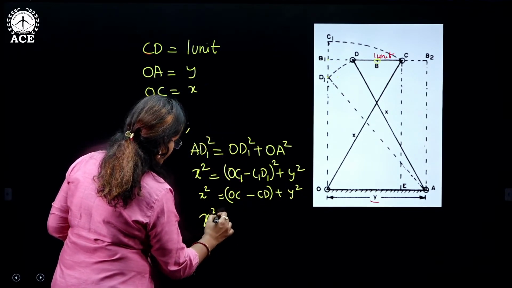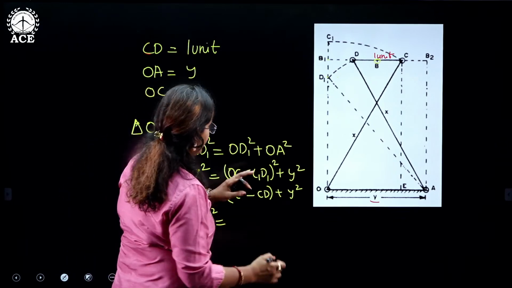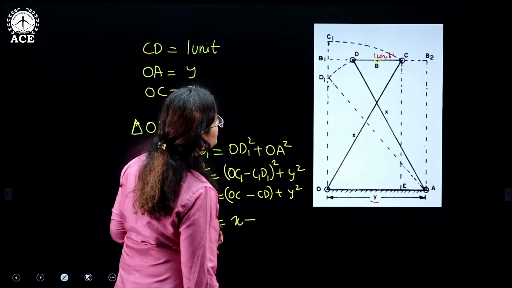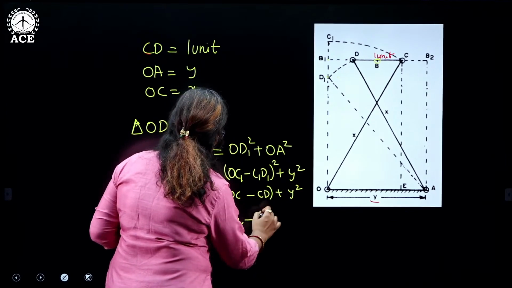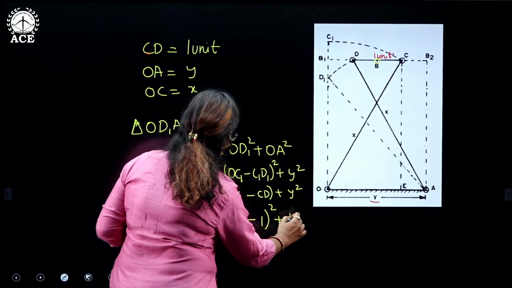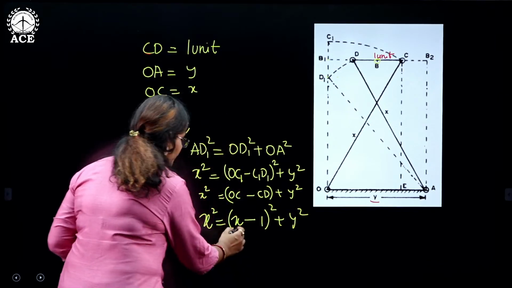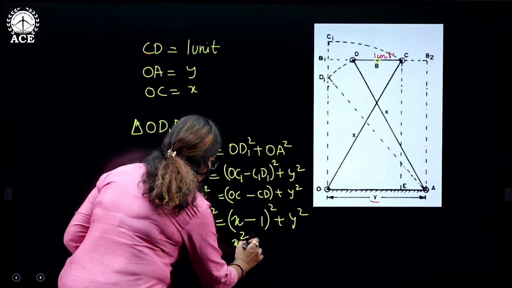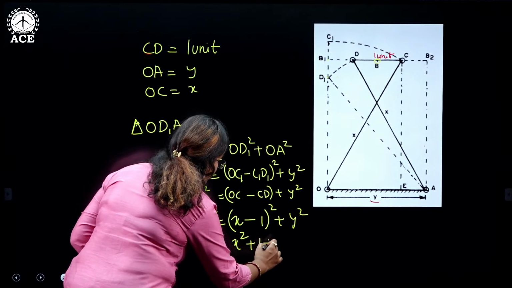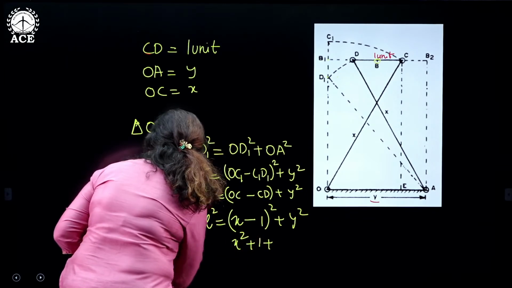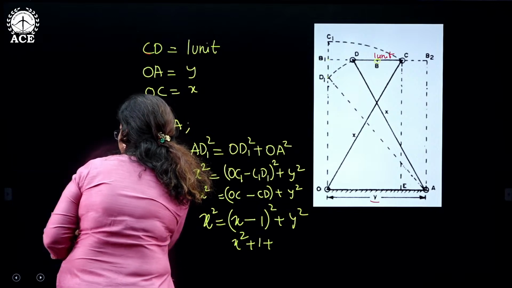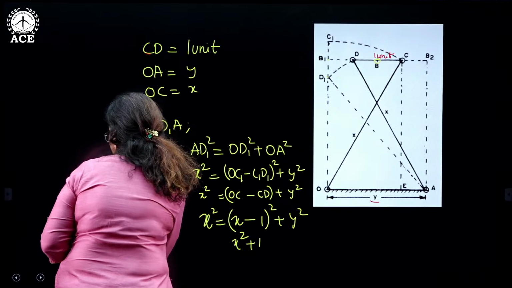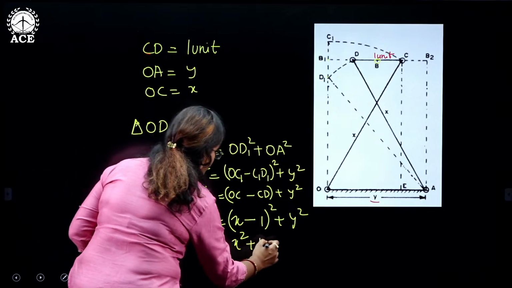So x square is equal to OC, which is x, minus CD, which is 1, whole square, plus y square. So if I apply the formula for A minus B whole square, I can write x square plus 1, sorry, minus